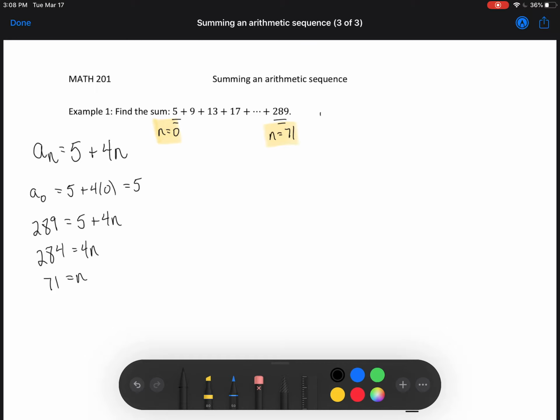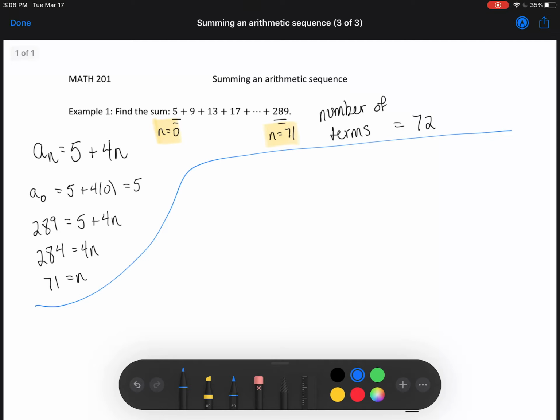So what we care about is the total number of terms in our sequence. And that is, of course, going to be 72, since we're starting at 0 there. All right. So now we want to actually start adding the terms in the sequence. So what we're going to do